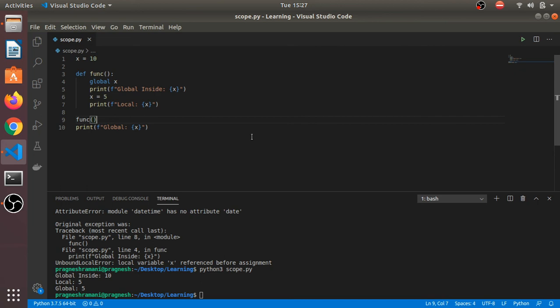And you can access and print the global variable without the global keyword, but whenever you want to change the variable's value which is defined inside of the function and having the same name as the global variable, then you must use the global keyword, and you can change the value of that global variable. And it will affect throughout your program, as we have seen for outside of the function call also. So I hope you have understood the concept of scope of variable inside of the program.